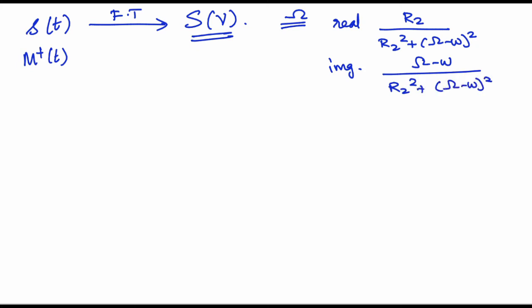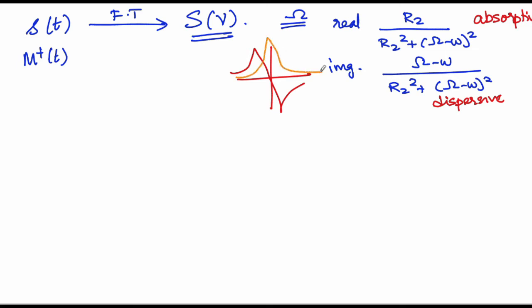We also briefly understood that we like the real part more than the imaginary part, as it decays as 1 over omega square, whereas the imaginary part decays as 1 over omega, resulting in broader shoulders. So we tend to pick this part of the signal, which we call the absorptive part, and the part that we generally don't like to use is the dispersive. The terms come up here because the dispersive part looks like this, while the absorptive part looks like this.